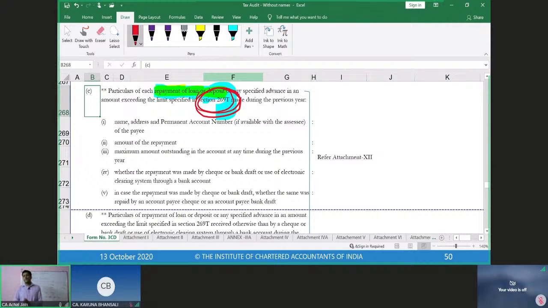Now in this case, I'm again not going into the attachment, because attachment will not really help us, because we have already looked at the particulars. Let's think about the procedures. Now, what are the procedures which one can perform in relation to this? I would say again, the procedures will remain the same mostly, because all of these are loans or deposits taken which are getting repaid. So to track them, again, what do we need to do? We need to get down to those balances, those accounts, those amounts which are appearing in the financial statements or the books of accounts. The only difference is now we are not looking at the amounts taken, now we are looking at the amounts repaid.